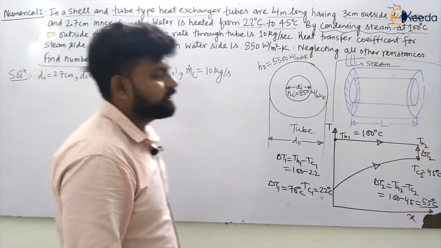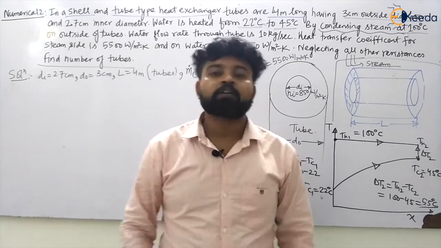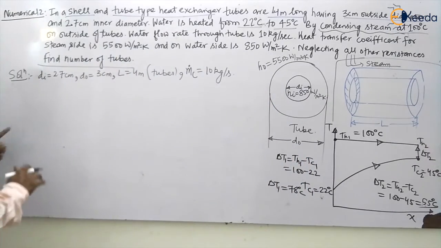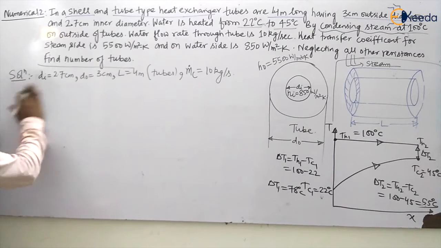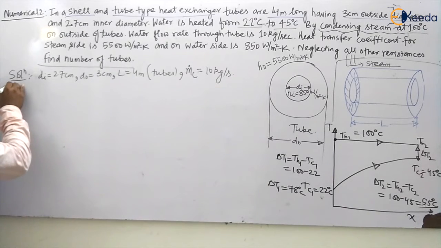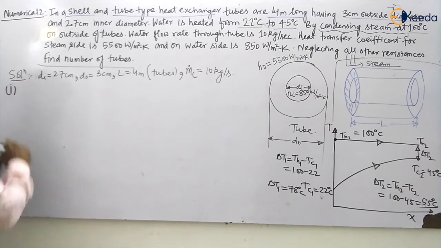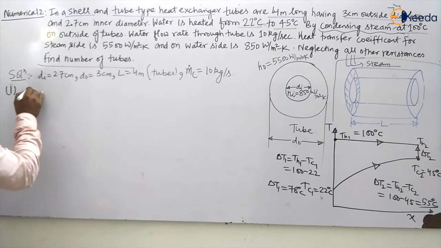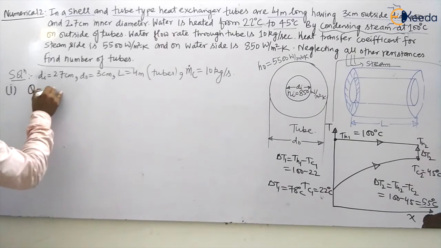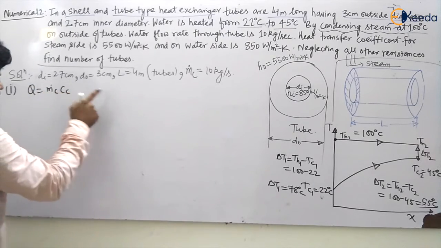Can we calculate the delta Tm? But why do we need that? First of all, let us see what I will have. First of all, let us calculate the total heat transfer, because we will be using this. So number one, let us see. This is a 2 mark question. Heat transfer, 2 mark question. Let us see. So the heat transfer will be given by Q is equal to m dot Cc, because the temperature of this fluid is given.